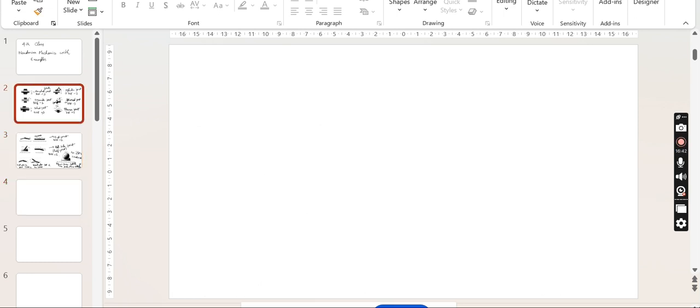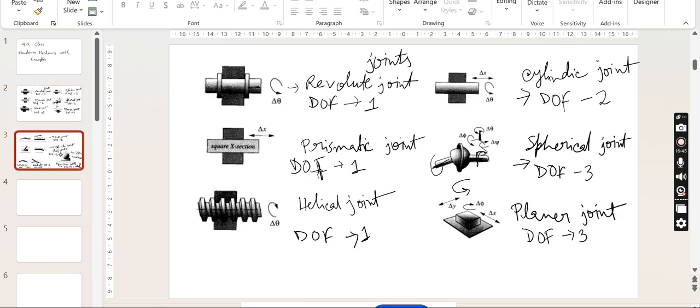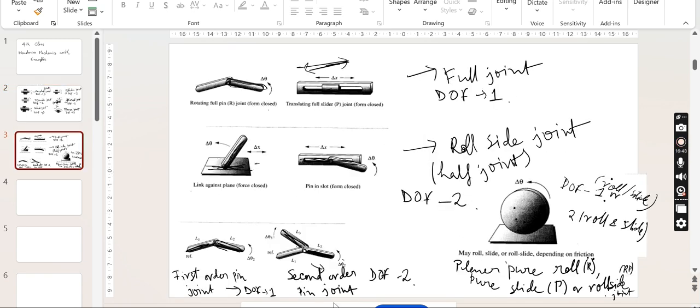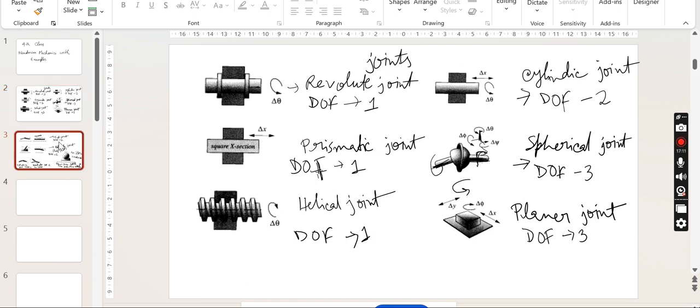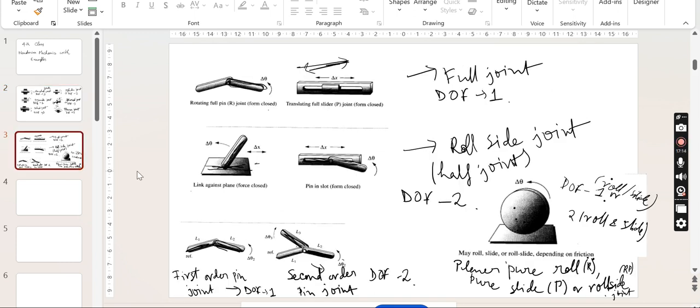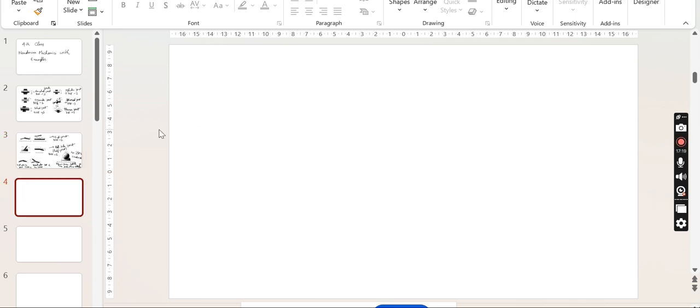So I told all this kind of joint basically to let you know that many joints can look very complicated or very busy, but basically you need to know how these levers are working. A joint is one kind of lever, so in which direction the things can move, right? So in pulley,